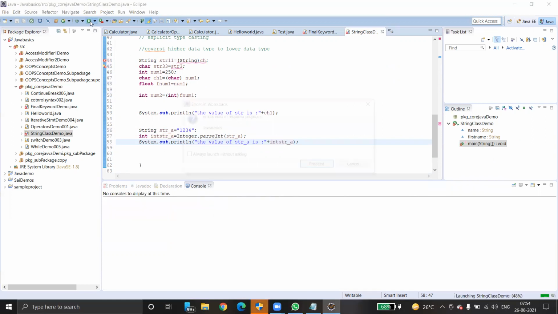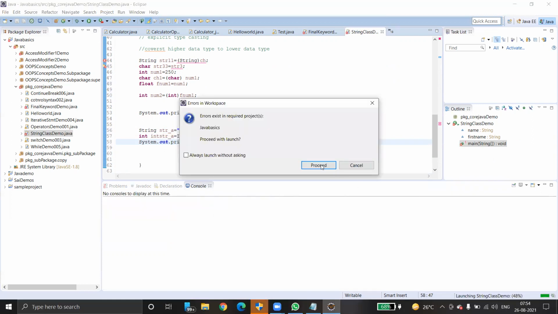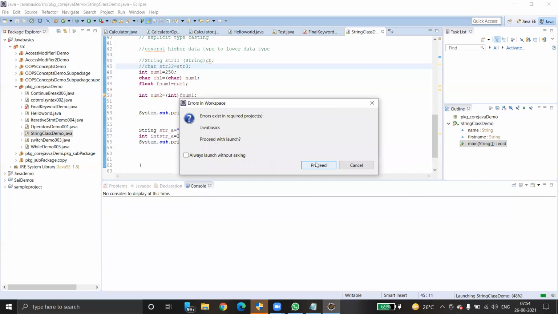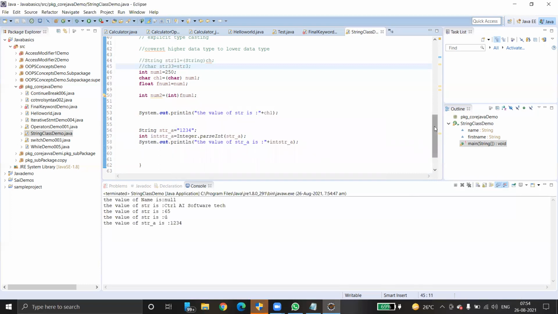Run this program. You can see how many errors are there. Yeah, comment it. Proceed with launch. Yes.